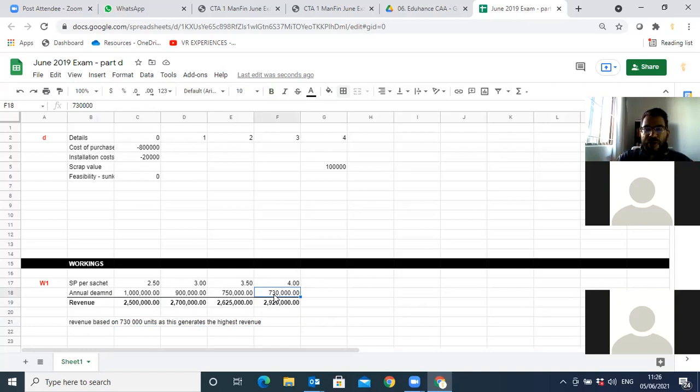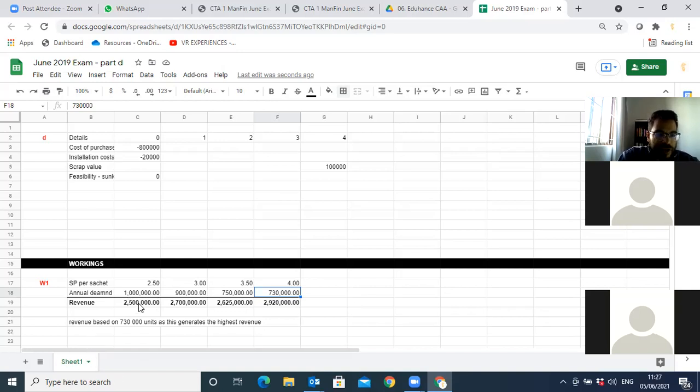Because when you run a business and you make a decision, you're going to choose the one that produces the highest revenue. At the same time, you'll also look at what value you're providing to your customers, but you'll also look at the one that will produce the most revenue. Okay, so just take note of that. Then